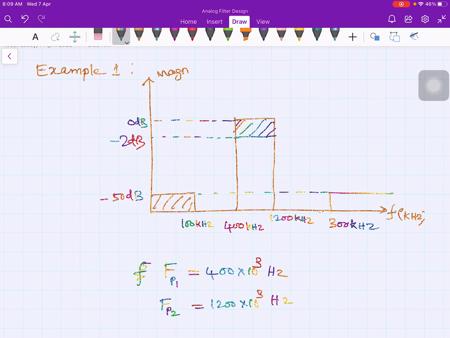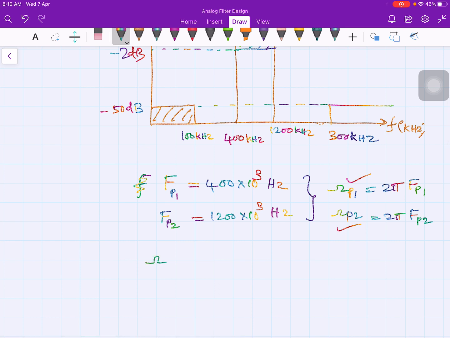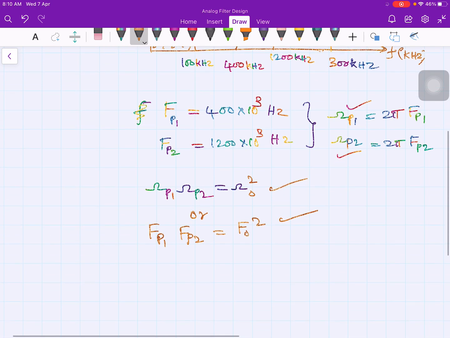So in this case you don't have to go to omega p1 and omega p2, because omega p1 is equal to 2 pi times fp1, and this also 2 pi fp2. So no need to calculate this capital omega p1 and capital omega p2. Straight away you can work on it. Okay, see the relation, either you write omega p1 omega p2 is equal to omega naught square, or you can write fp1 fp2 is equal to f naught square, this one or that one, doesn't matter. Okay, so therefore